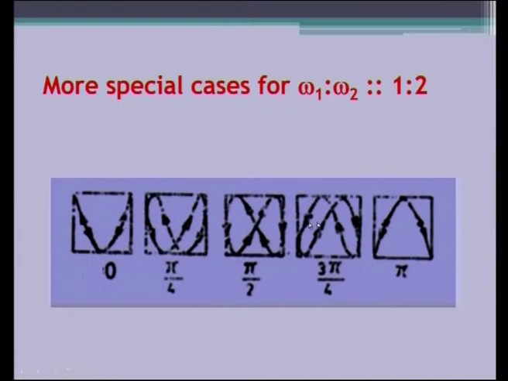See, the loops are getting formed, different shapes. In pi by 2 it is symmetrical, we have a horizontal 8 shape, these are the shapes, and of course, it is a closed loop. The path will continue forever. See, this is like the shape of infinity itself. So, the path will continue forever as the oscillation continues. So, we have taken up the ratio of 1:2 case for our understanding.